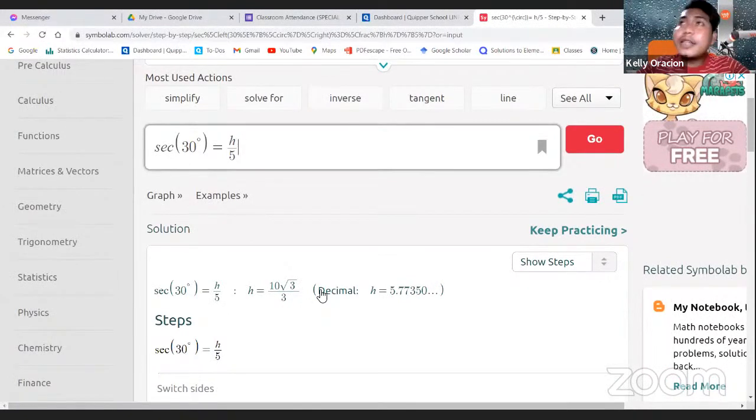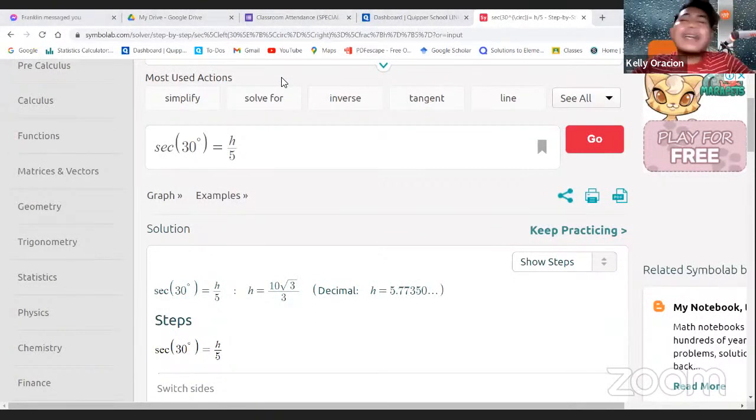Di ba? Negative ang answer. Pwede na mong di i-solve, no? So you can have that one. Very good question. May sec po ba sa calculator? Walang sec sa calculator. Okay? Ano yung gagamitin ninyo sa calculator? It's 1/cos. Okay? 1 over